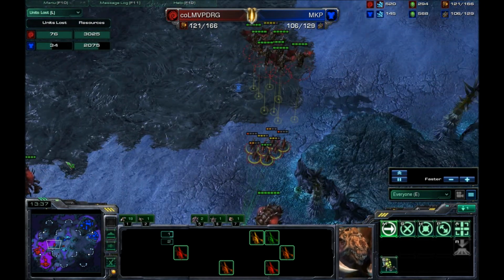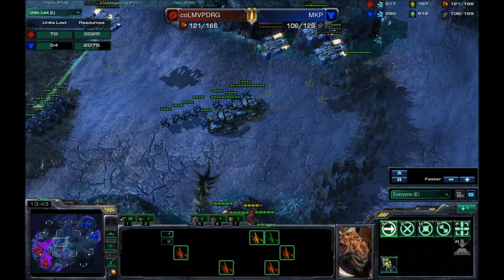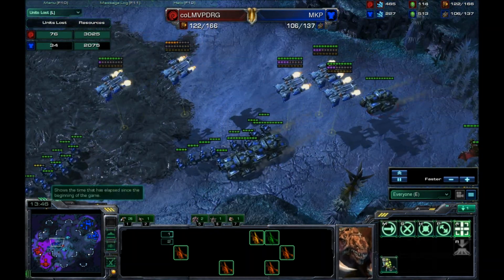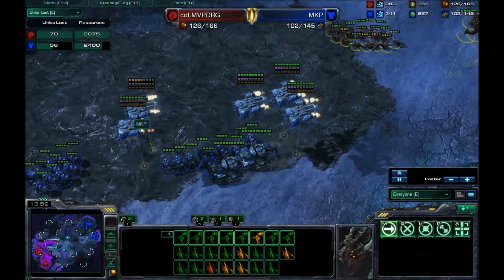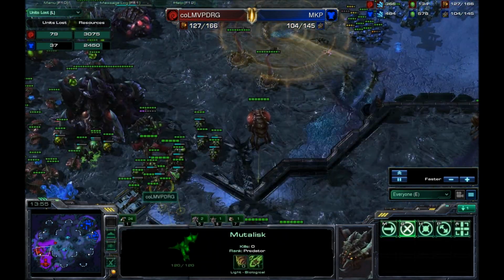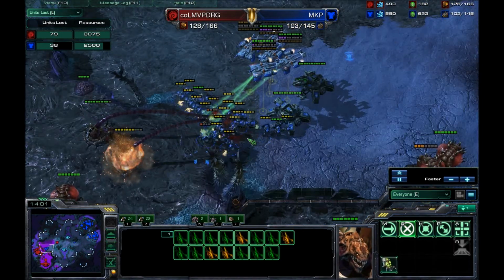And yeah, if we look at that units lost tab, 1,000 minerals. Oh wow, and this is a gigantic push by the Terran player. However, DRG does catch a tank out of position. And now it's going to be up to DRG. He has got to engage this perfectly, but he does have an army in the back that he can use